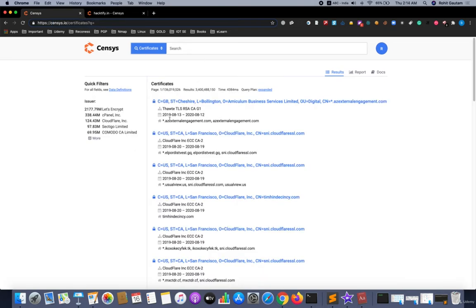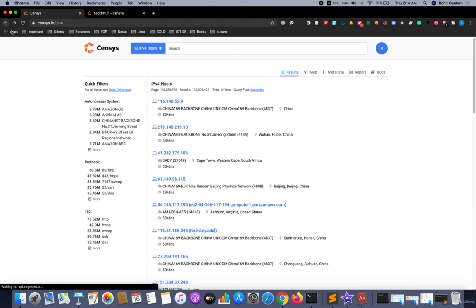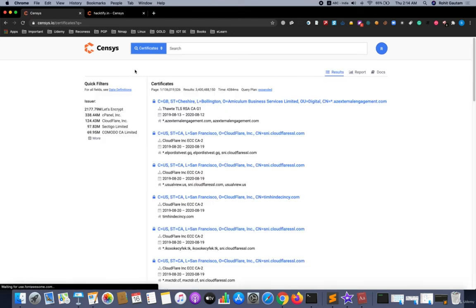As this is loading, you can see the number of certificates and the data sets that Censys has collected. Let me go back to certificates, and you can see over here there are a total of 2177.79 million Let's Encrypt certificates.